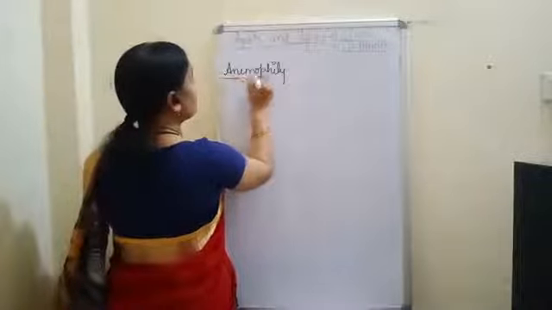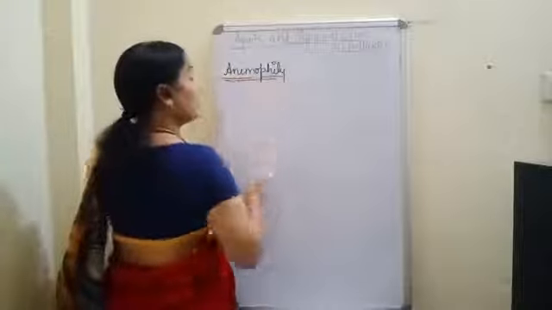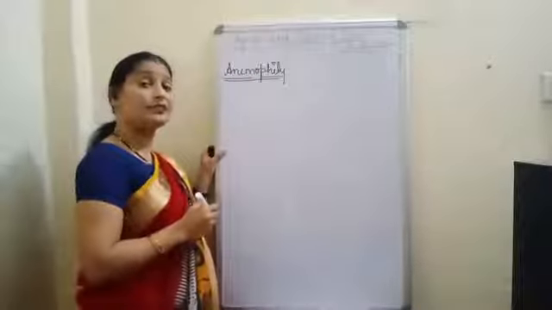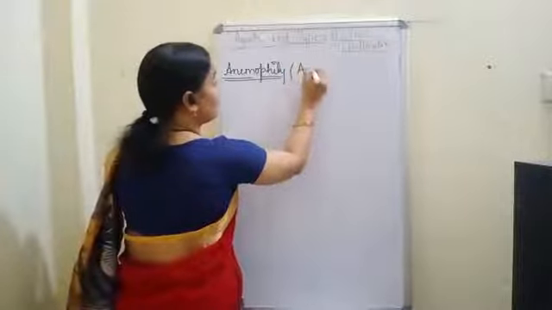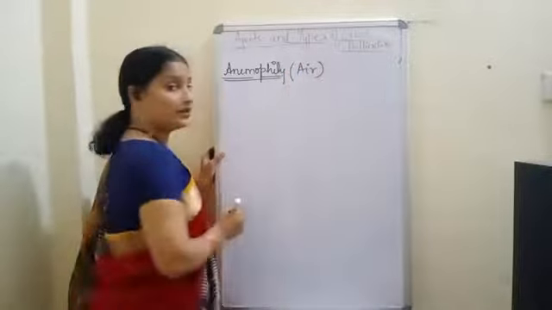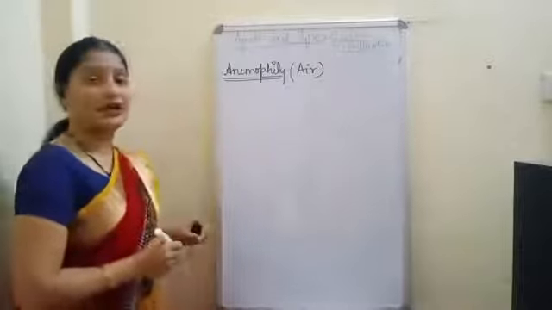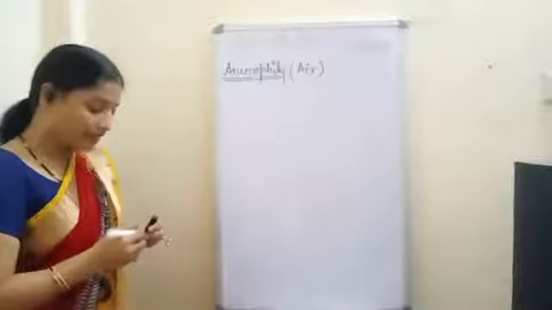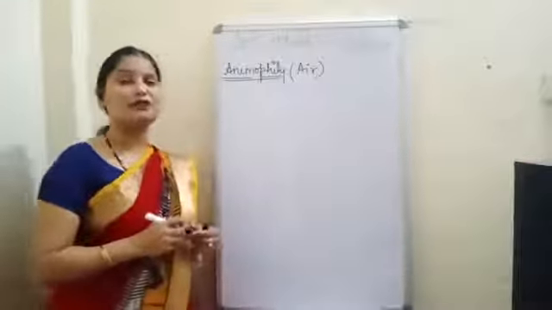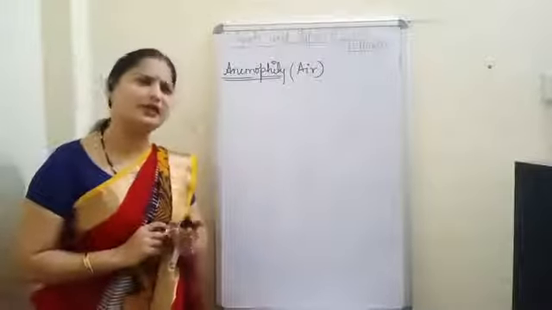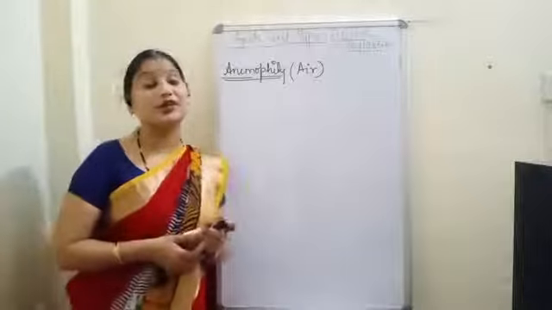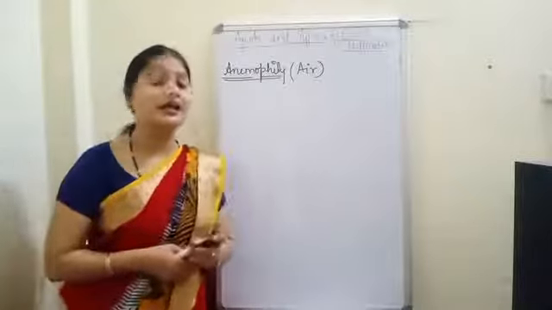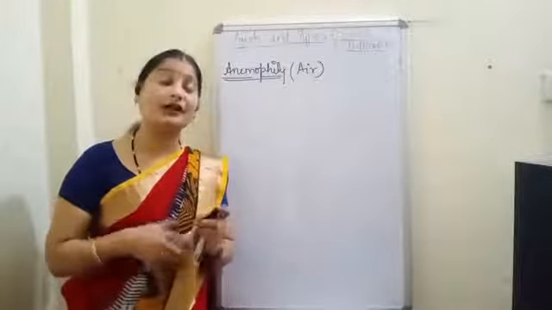The method of pollination is anemophily and the flowers are called anemophilous flowers. Pollination with the help of air is called anemophily and the flowers are called anemophilous. Now, children, very easy. By the name it is clear. If we are talking about the anemophilous flower, that is the pollination which can occur with the help of